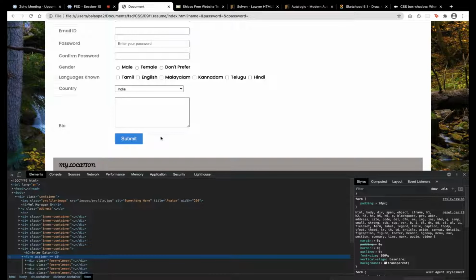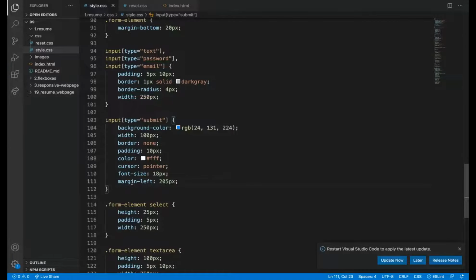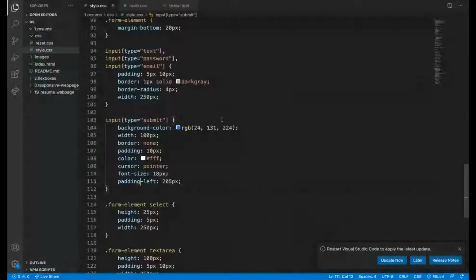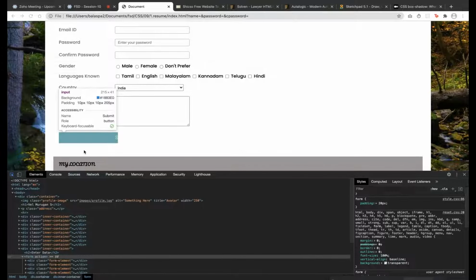So for revising, what will happen if I add padding left here? They say padding can be applied for spacing, but if I apply it here, what will it do? Padding will apply inside of the element. The background will apply to the padding, right? So inside of the element, padding will get applied. We want the space outside of the element where the background is, so we should add margin, not padding here.